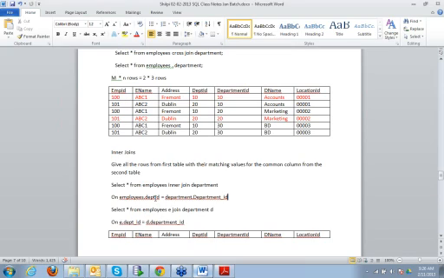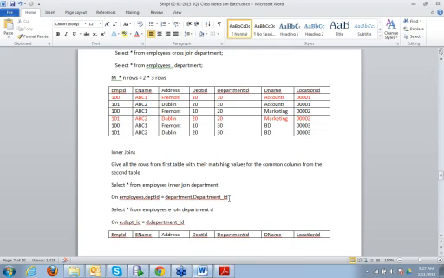So we have two tables, employees and department. The way we write an inner join is select whatever tables or column names we need to extract from employees inner join department. Instead of inner join, you can simply write join also. Then by default it is considered an inner join.